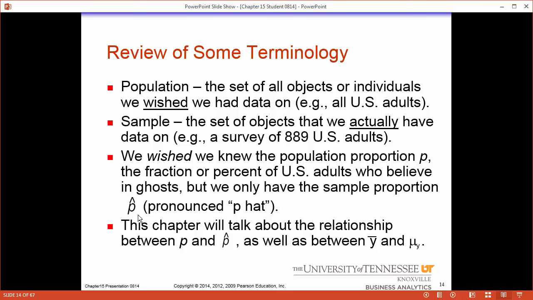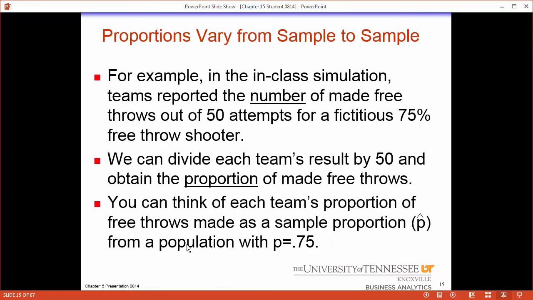Make sure you know those because we're also going to talk about y bar and mu of y. This just stands for the mean of variable y. A lot of times you might just see mu, so mu would just be mean. And sometimes they associate it with the variable, but it would still just be the mean of variable y if there was no other variables. So mu is the population mean, and y bar is the sample mean. P hat is the sample proportion. P is the population proportion. Very important to know that notation right here.